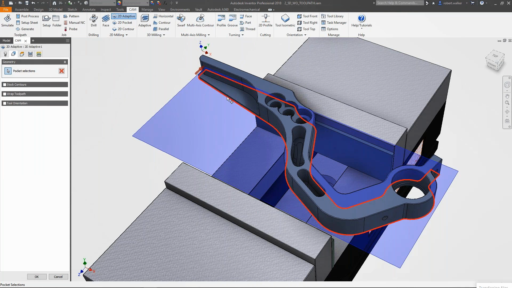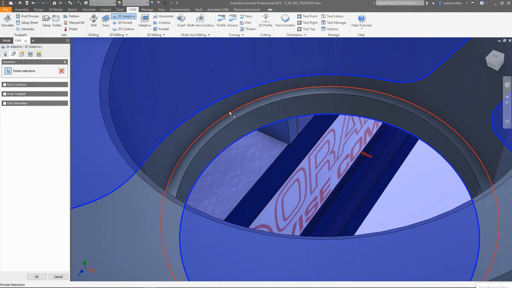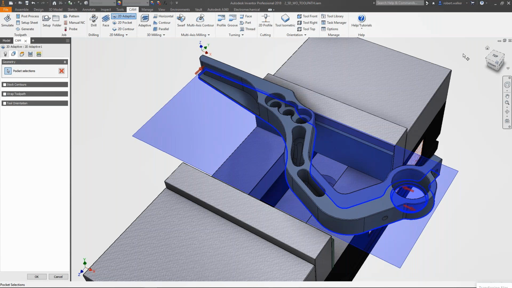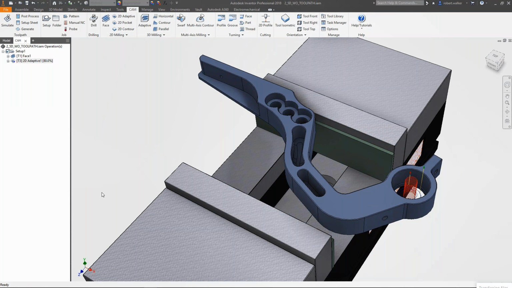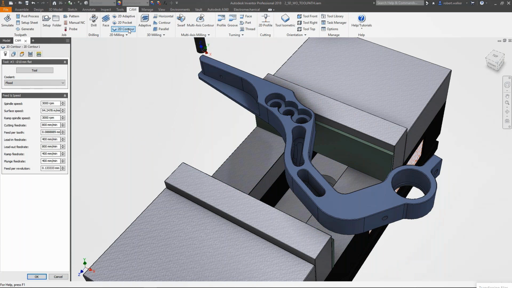So I'm going to choose some basic profiles and let the software decide how I want to remove most of the material. The adaptive strategy in HSM is exactly that. It does a lot of things automatically and gives you the best possible and the fastest possible cutting time without having to set up things manually.